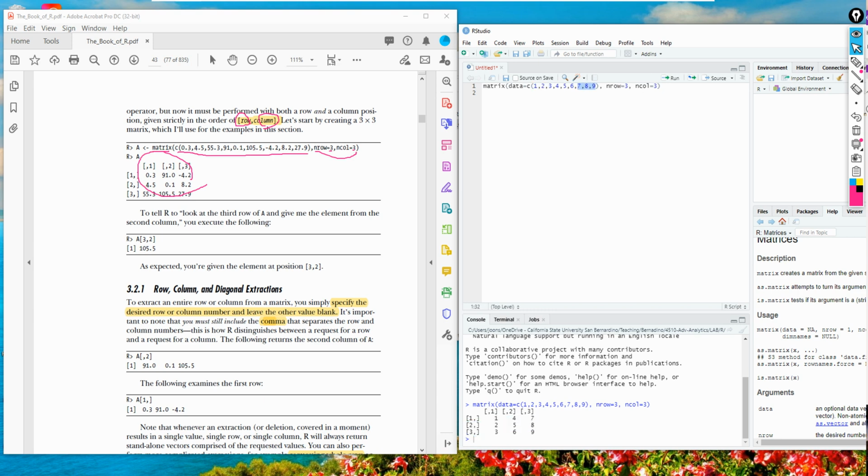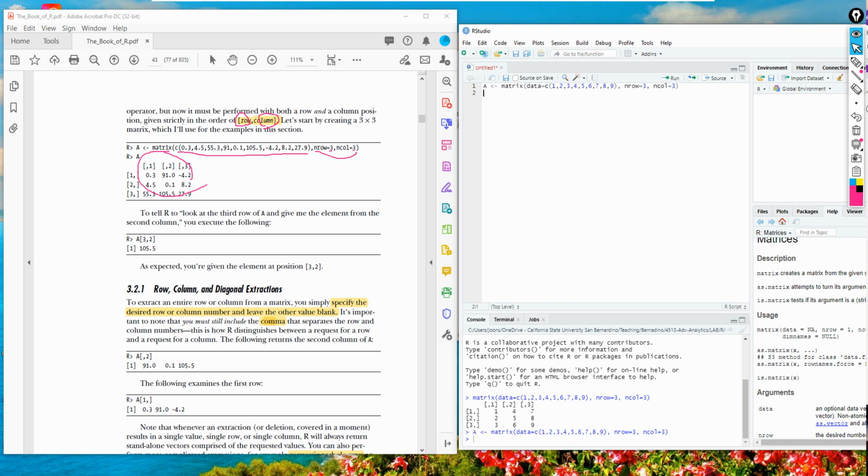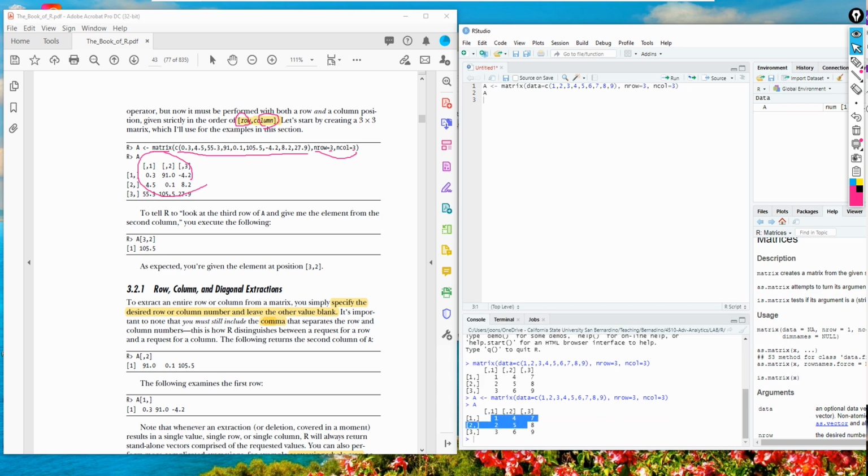I'm going to create a new variable a to contain this matrix. Let me run this one more time, and then a. Yep, the variable a now has this matrix.